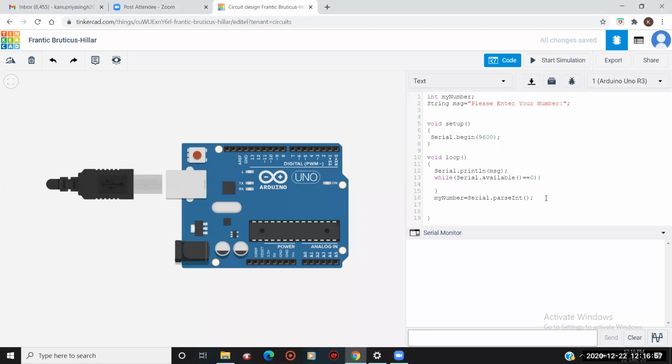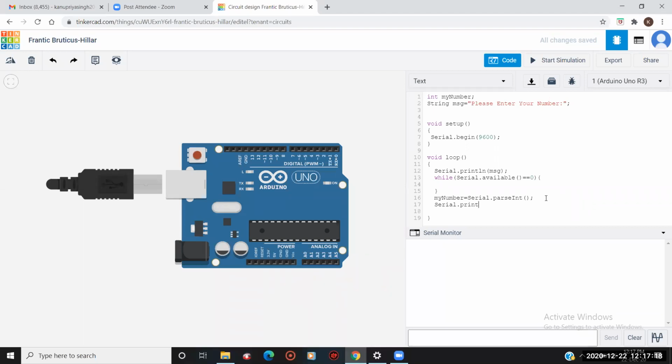Okay, now what will I do? I will give a command to print that number also, because my number is not printing. So I have to give a command, right? So that my number can get printed each and every time.